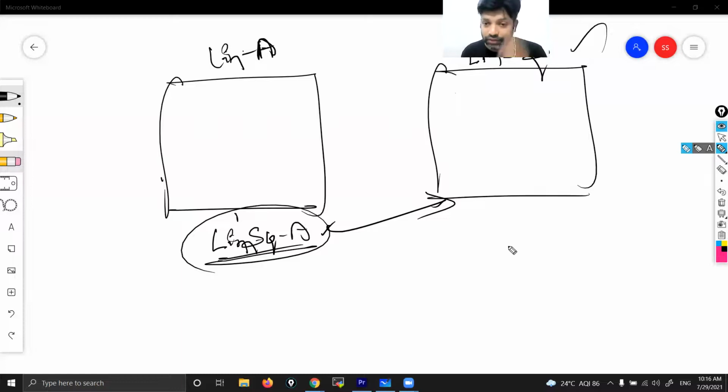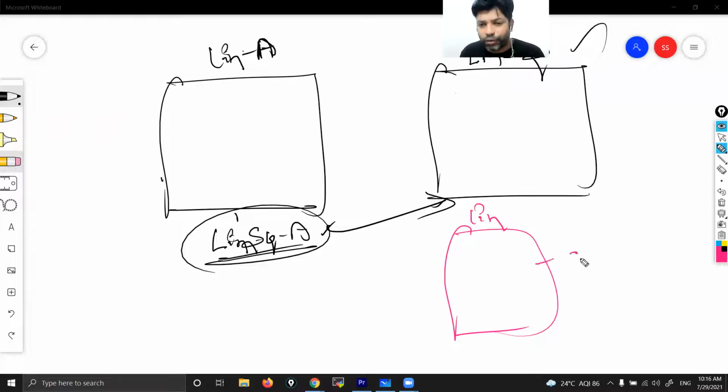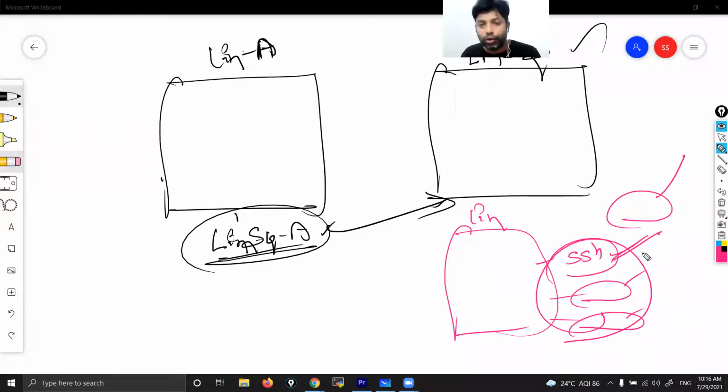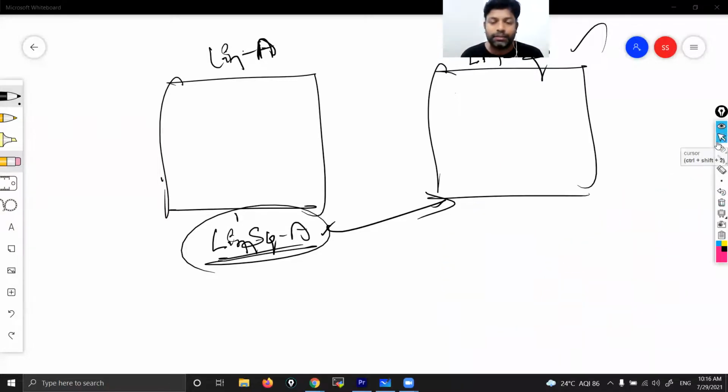I'll tell you. Suppose I launch one Linux instance. By default, SSH will be open, correct? In future, apart from SSH, we need so many other ports. When we talk about web servers and all, we need to open a few more ports for different purposes. At that time, we create our own security group and add manually whatever we want. They are giving only SSH, but sometimes we might need more than that, so we add them one by one. That is the purpose.